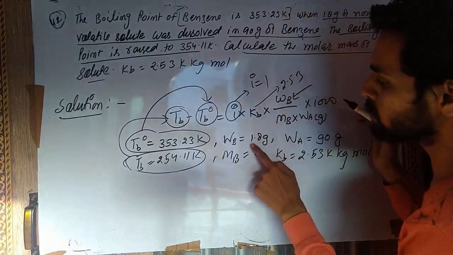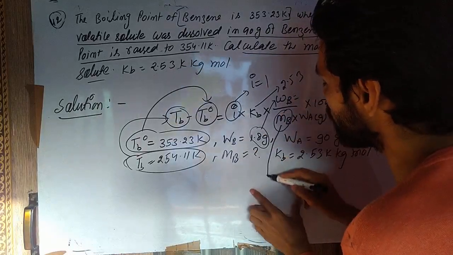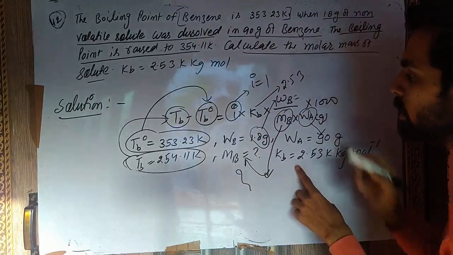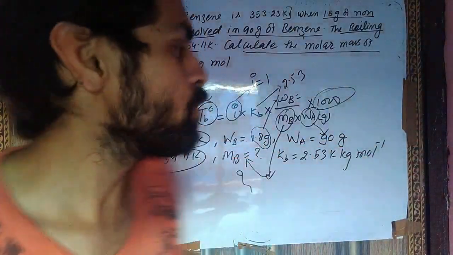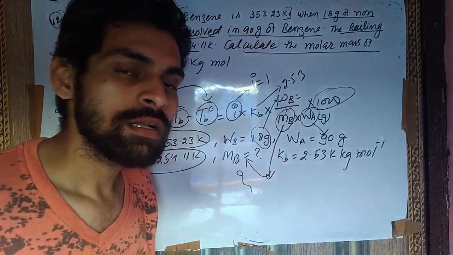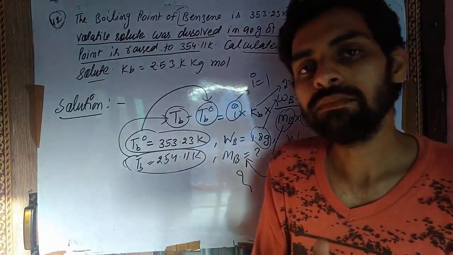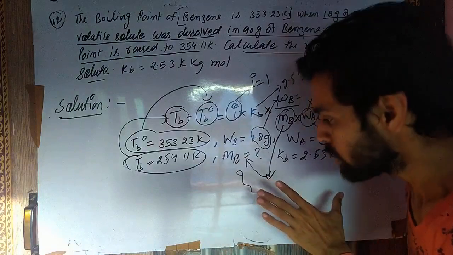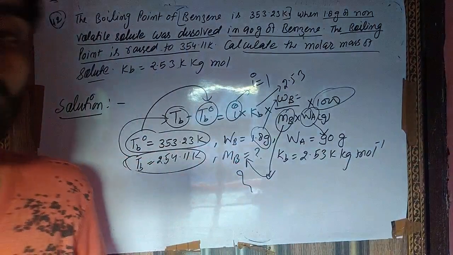And the weight of solute is also given, this is 1.8. We have to find MB, this is the question mark. And the weight of solvent is also given, 90, and 1000 is already a numerical value. So you can calculate MB very easily. I will not solve this numerical because it will be time consuming, so in the limited time I will explain more questions. So you will calculate the molecular mass of solute. Take the screenshot and write it in your notebook also.